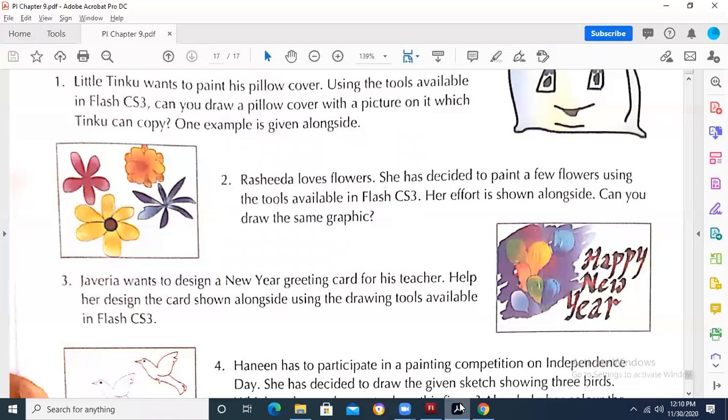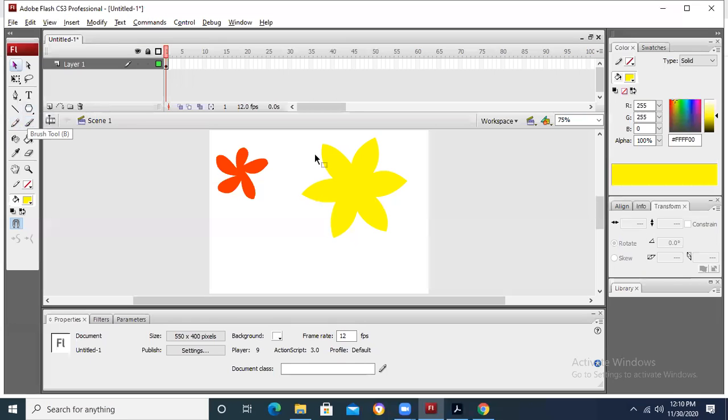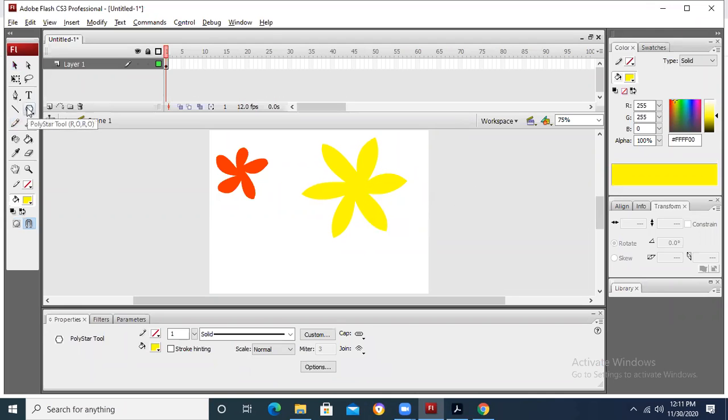Now, if you go to this activity, you will see that the petals are long. So how can we make them long? We can bring this point over here. In this way, we can make the petals long. I'm bringing the corner inside. I'm bringing the corner inside. And in this way, I'm going to make the petals long. Now the petals are long. Now inside there is a brown color